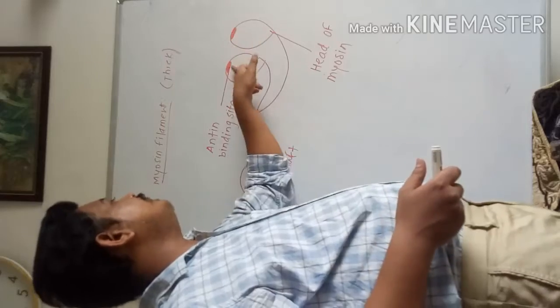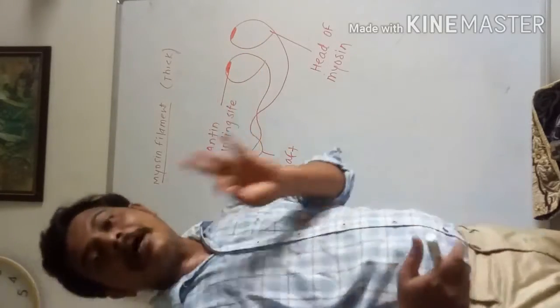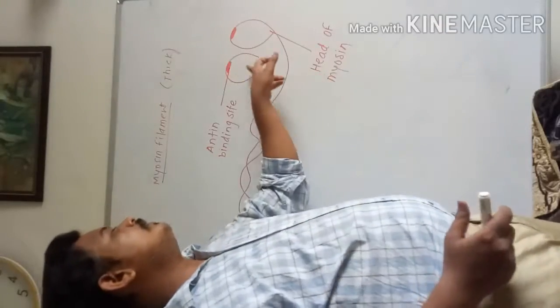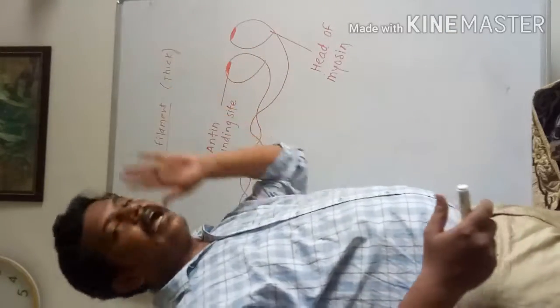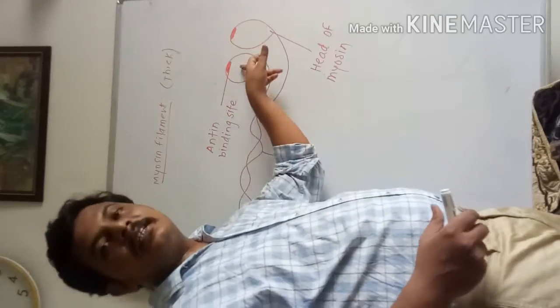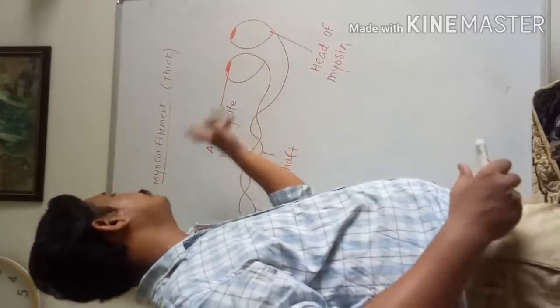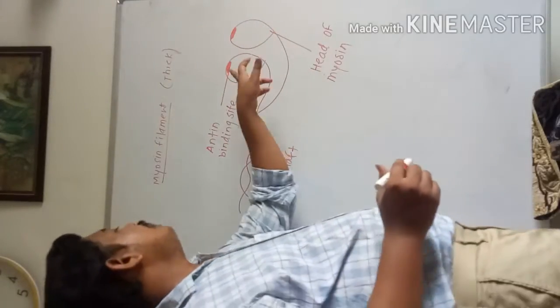So this site on the head of myosin is called the actin binding site. Meaning, the place where the myosin heads attach to the actin filaments is called the actin binding site. Now the head of myosin